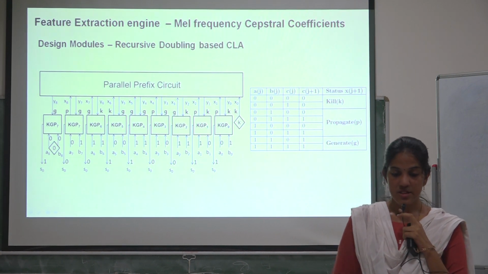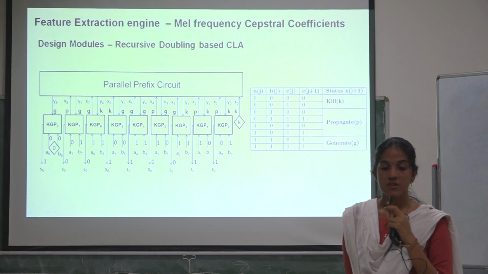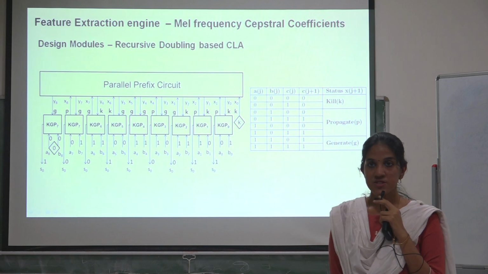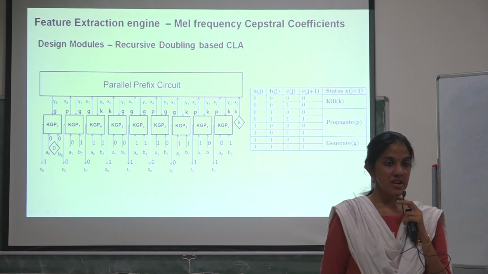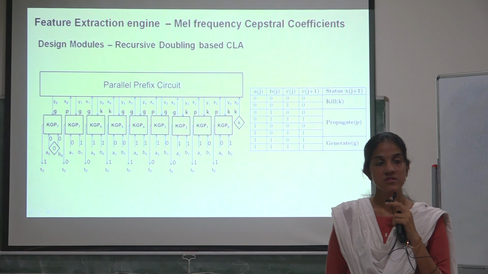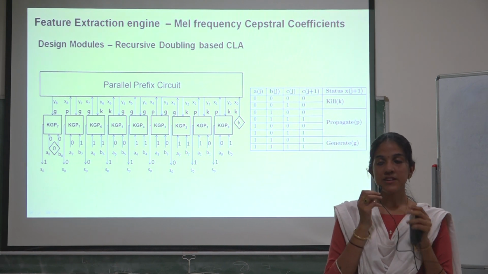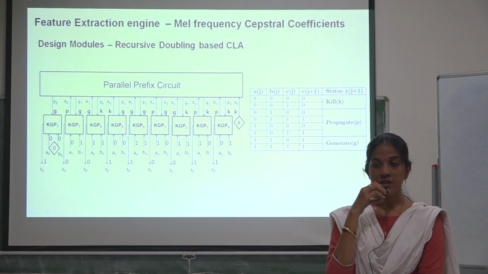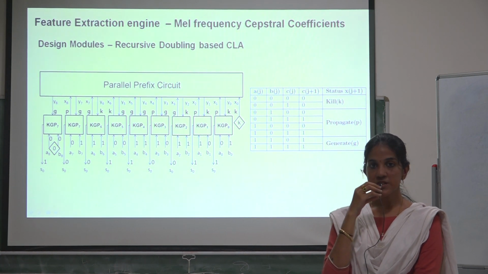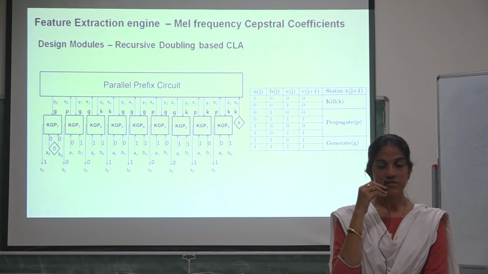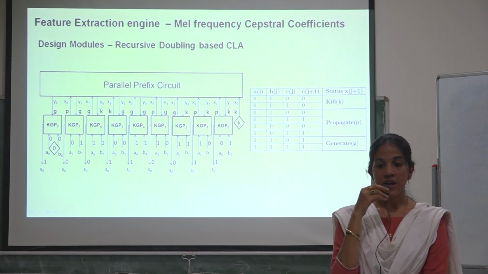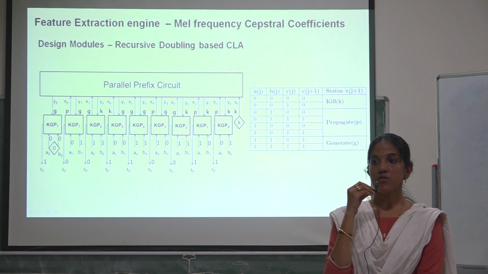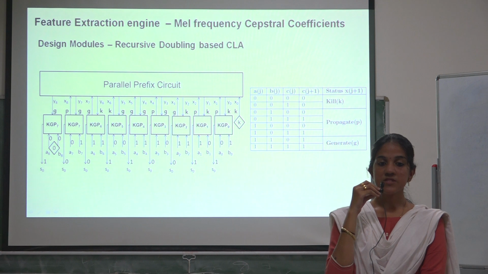So the adder design we have chosen is a recursive doubling based CLA. We could have used a ripple carry adder, which is a standard adder used for many applications. But the problem with the ripple carry adder is that the delay is of order n. So if we want to implement an n-bit adder, it takes n clock cycles or n as the delay. Here, in the recursive doubling based CLA, the order is log n. So this speeds up the system,